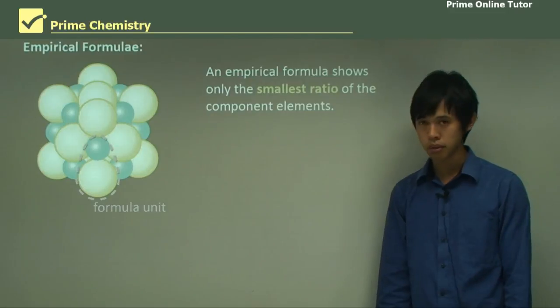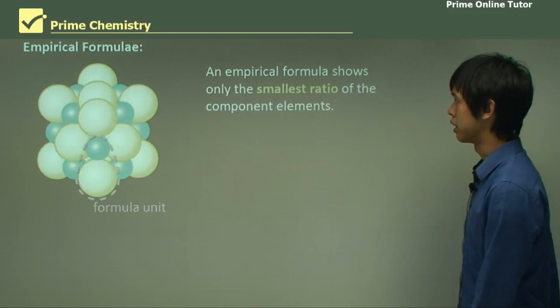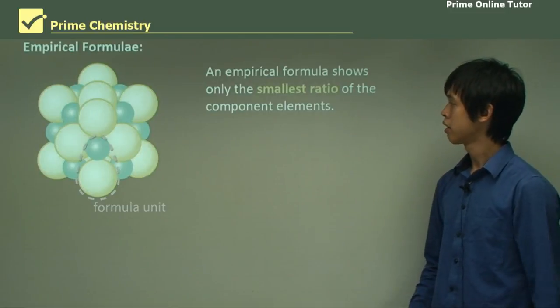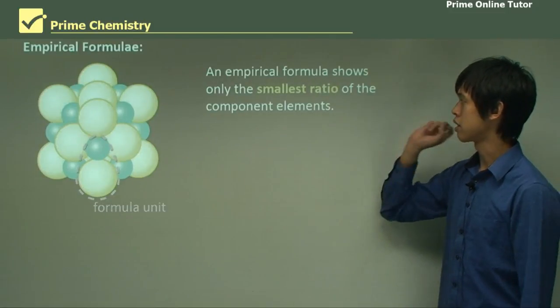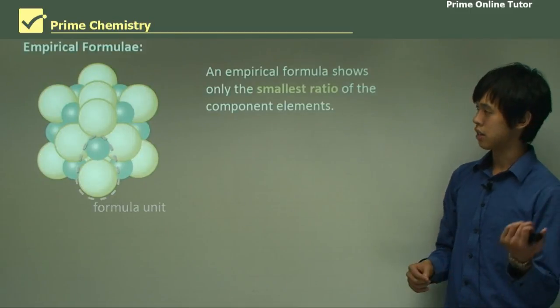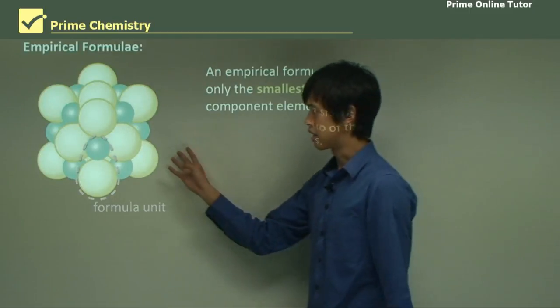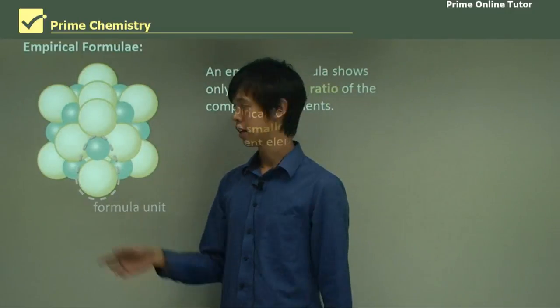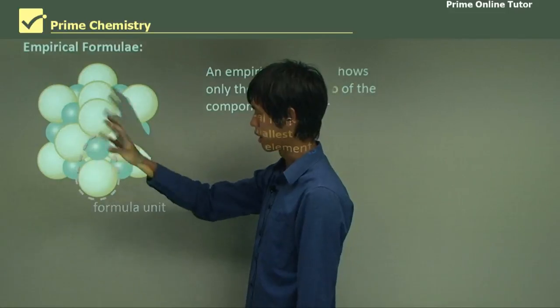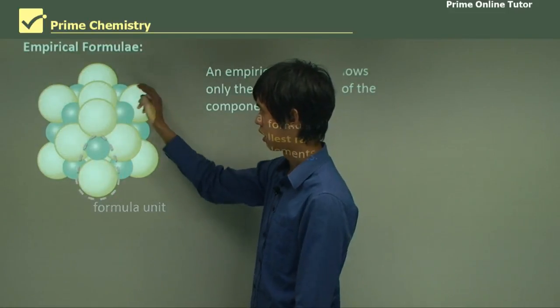Okay. So what about an empirical formula? We've talked about these, we sort of mentioned them earlier. So what are they? Well, an empirical formula shows only the smallest ratio of the component elements, okay? So here what we see is there's repeating units, okay? So here you can see that this unit repeats itself several times, like there's one there, and there's one there,